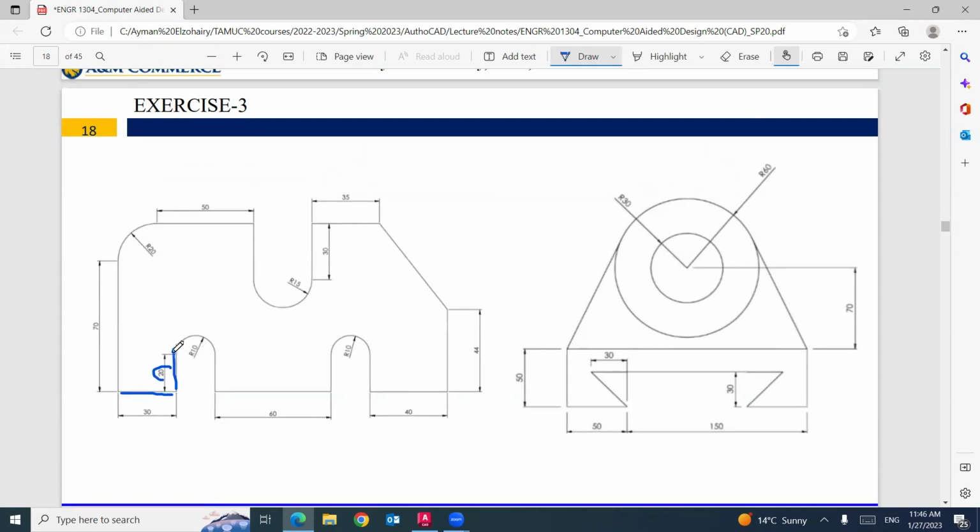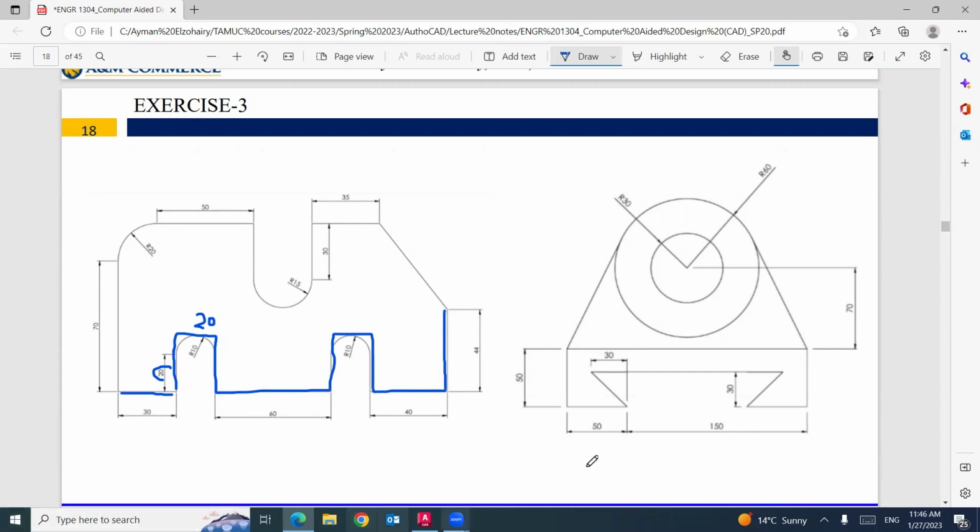I will add this radius like this, and I will draw this shape because I'm going to use fillet to adjust these curves. So 30 by 30 by 20, and then go back 30, 60, 30, 20, go back 30, 40, 44.